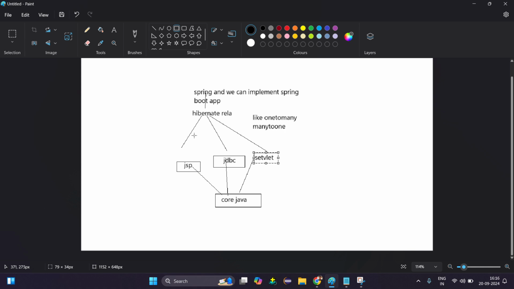Then Hibernate relations like ORM, object relational mapping, and then you can go with Spring and implement a Spring Boot application after knowing the use of Spring. Spring Boot is nothing but an extension of Spring. It's a creative way for us to